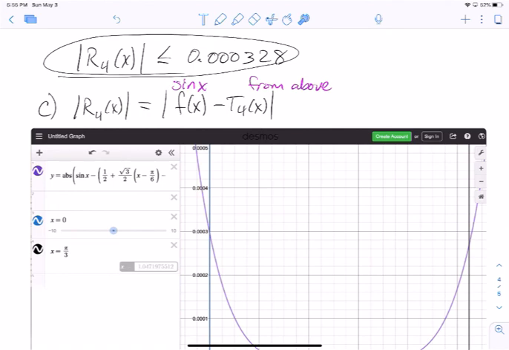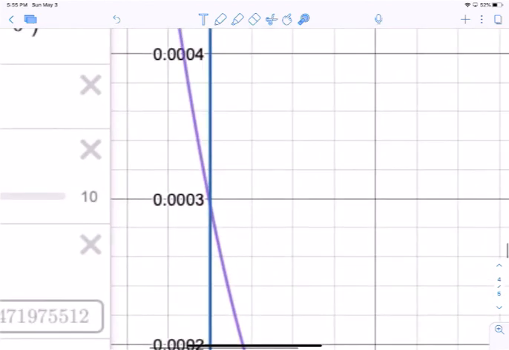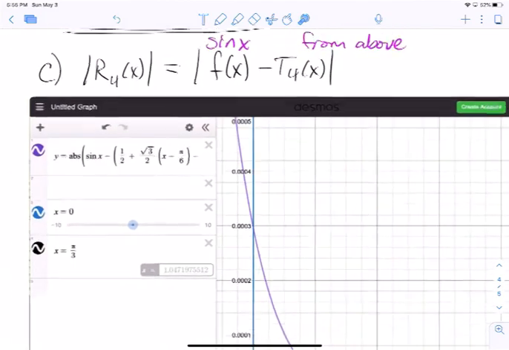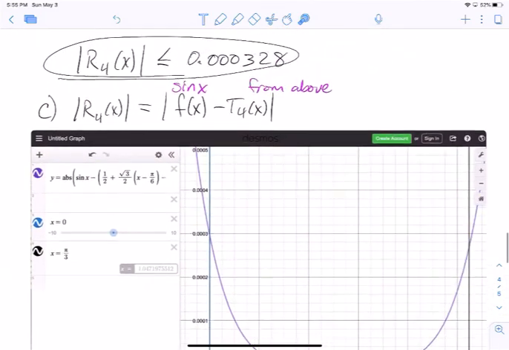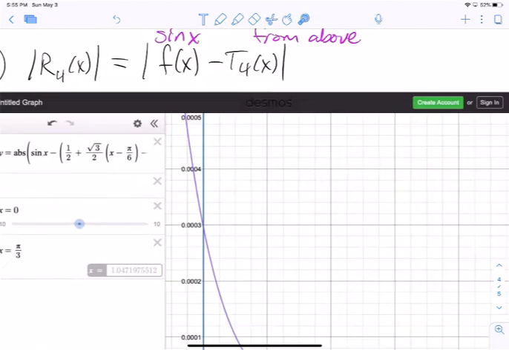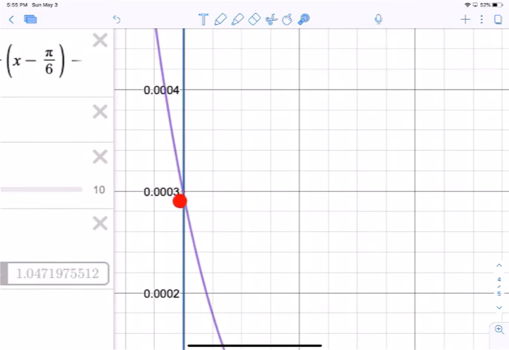Actually, come to think of it, the purple curve intersects the blue vertical line at a value that's less than 0.0003. Bringing to mind that it's Taylor's inequality, we were told that the error would not be more than 0.000328. Turns out the maximum error on this interval is actually a little less than that,